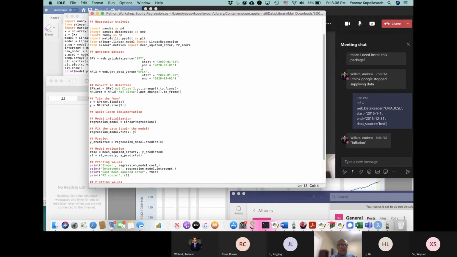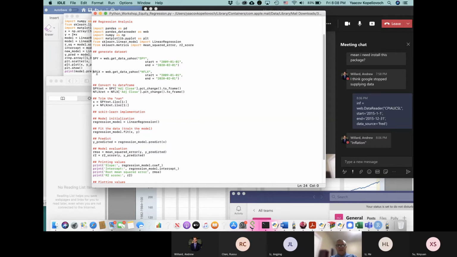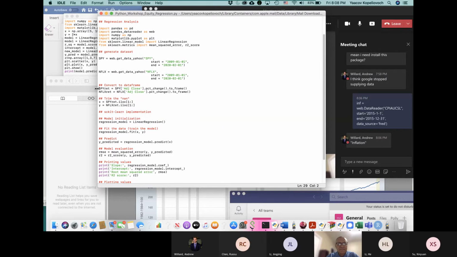Okay, so going back to this, for Yahoo, we have the function get data Yahoo. And for Netflix, I also have the function get data Yahoo. So here the dates are the same, of course. And now what is very good is that I can actually